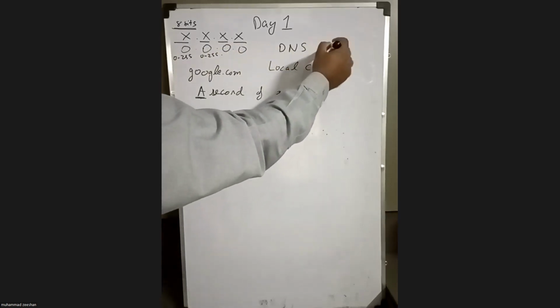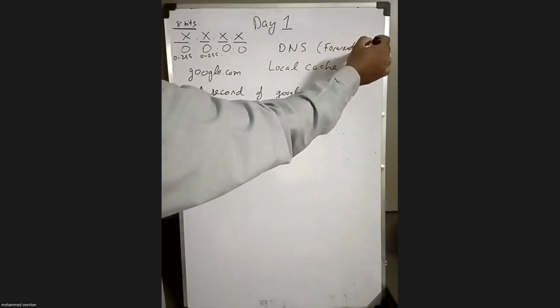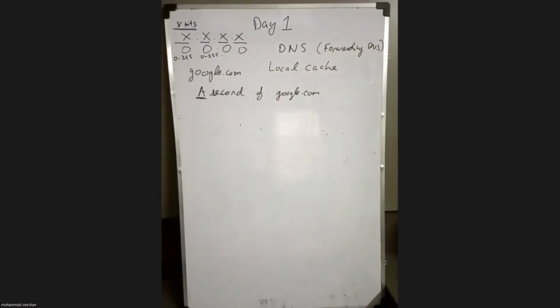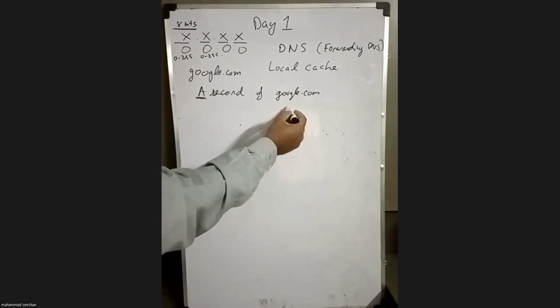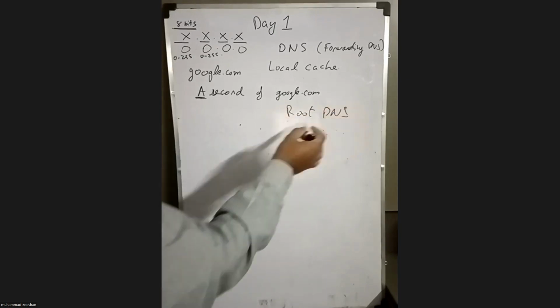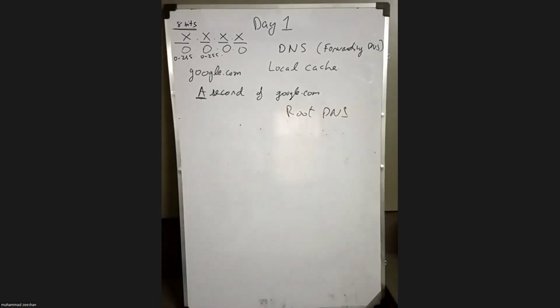Mostly it's a forwarding DNS. If it has no IP address, it will forward your request to another forwarding DNS, until, if none of them has that address, it will go to the root DNS servers. We will discuss root a bit later, but eventually, if this domain is registered somewhere, and if it is assigned an IP address,